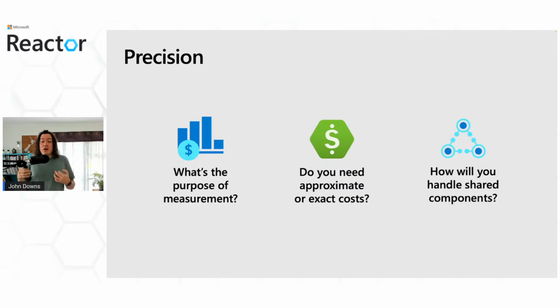And maybe you're interested in things like whether specific tenants are using the system a lot more or a lot less than others. And of course, you need to think very carefully about how you allocate those costs for shared components, because even things like request counts and instrumenting your APIs might not give you a true picture of how much a specific tenant costs to run. Not all requests are actually equivalent in terms of the amount of cost they incur. But it's a good idea not to over-engineer this either. Most of the time, for most solutions, an approximate cost breakdown is sufficient, and going more than that is over-engineering it.